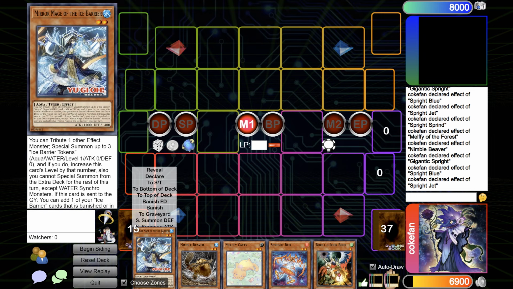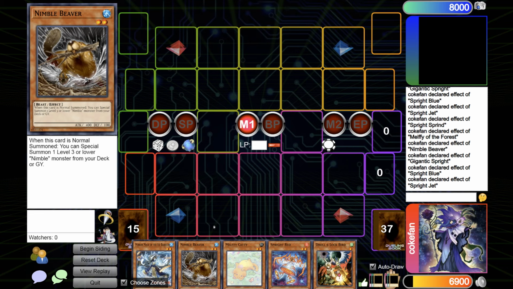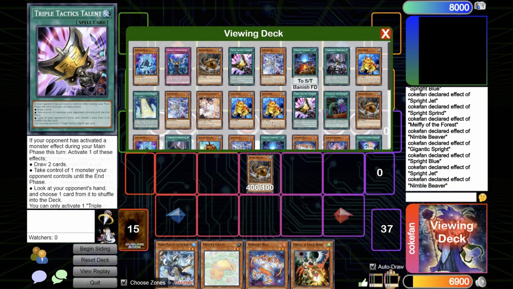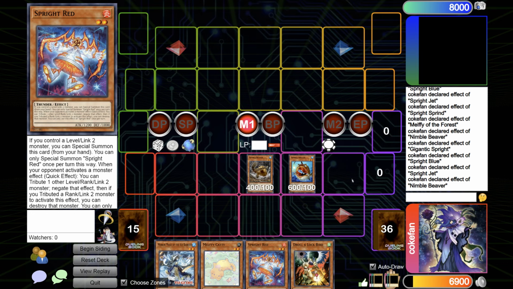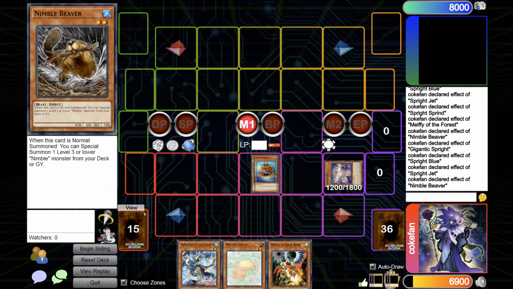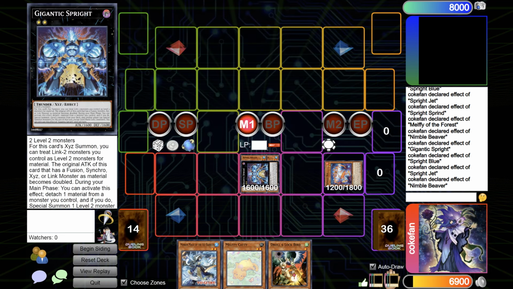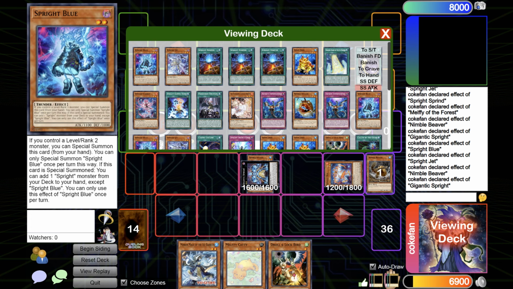Okay, well, these two cards again, that's a bit unfortunate, but we can still play this. This is good. Beaver effect, and we have one hand trap as well. So 4 engine cards, 1 hand trap. Summon the red before you go for gigantic if you're trying to be nib safe. I think here we just go for...